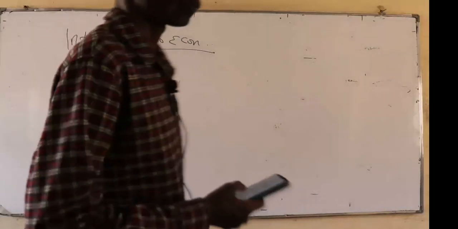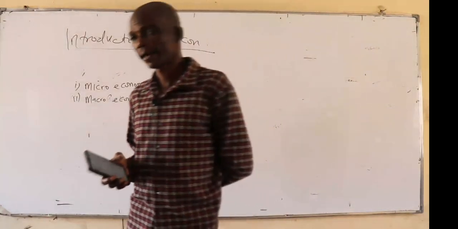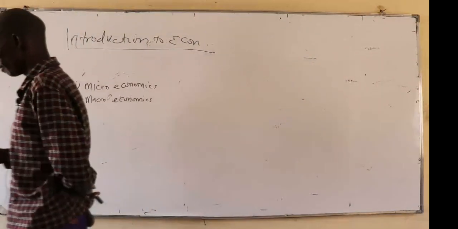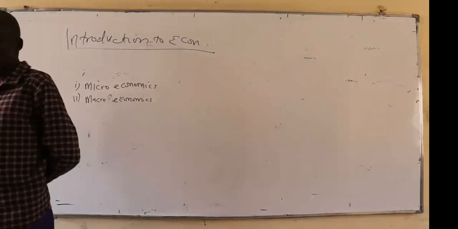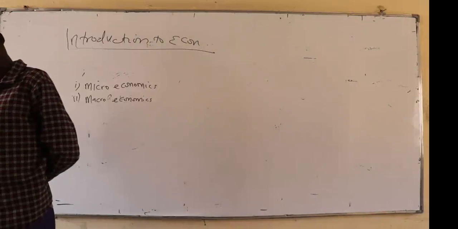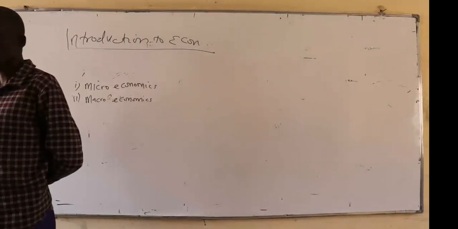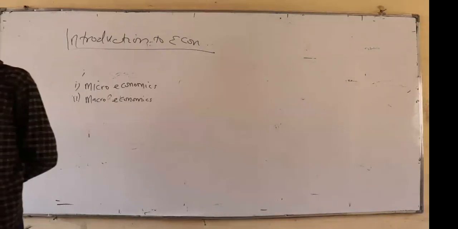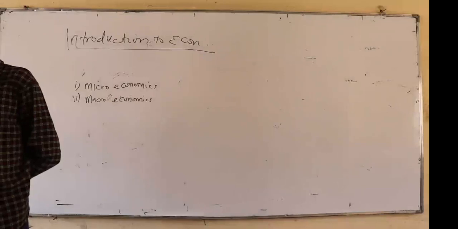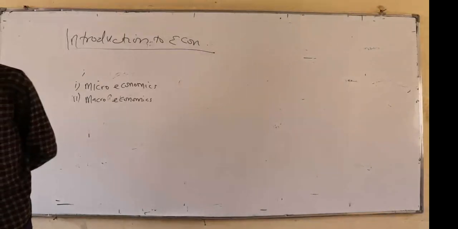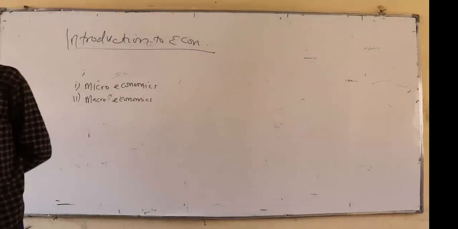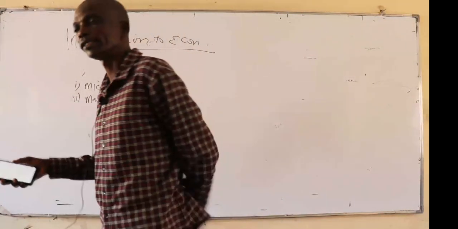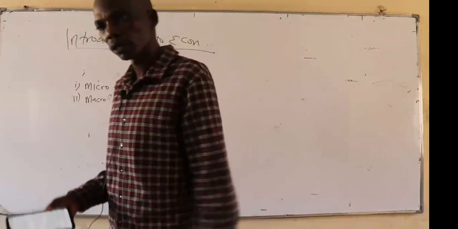Now, remember what we are saying there. We are saying macroeconomics refers to the study of a bigger complex system, usually referred to as the economy. So if you are to explain it, you can also explain it in another way. You can just say macroeconomics is the study of the economy as a whole, and you are still correct, because you have been told it is the study of a complex system, usually referred to as the economy.